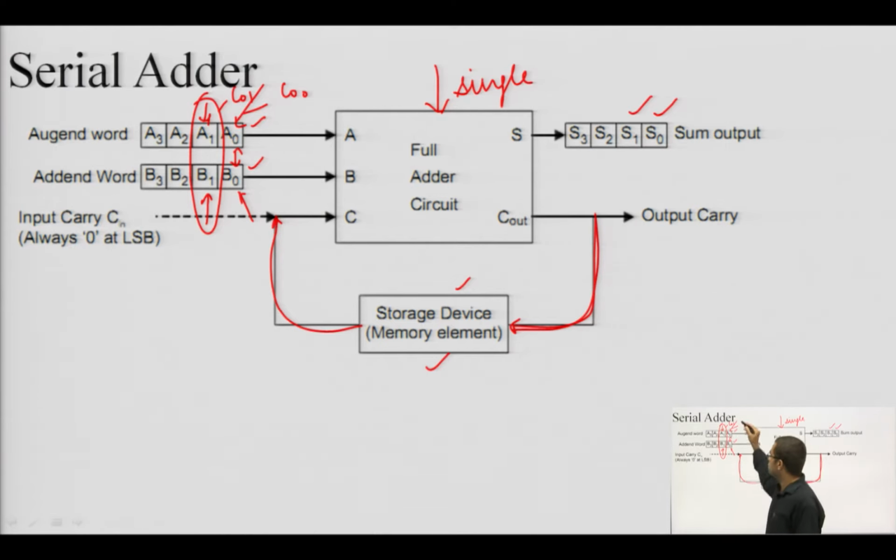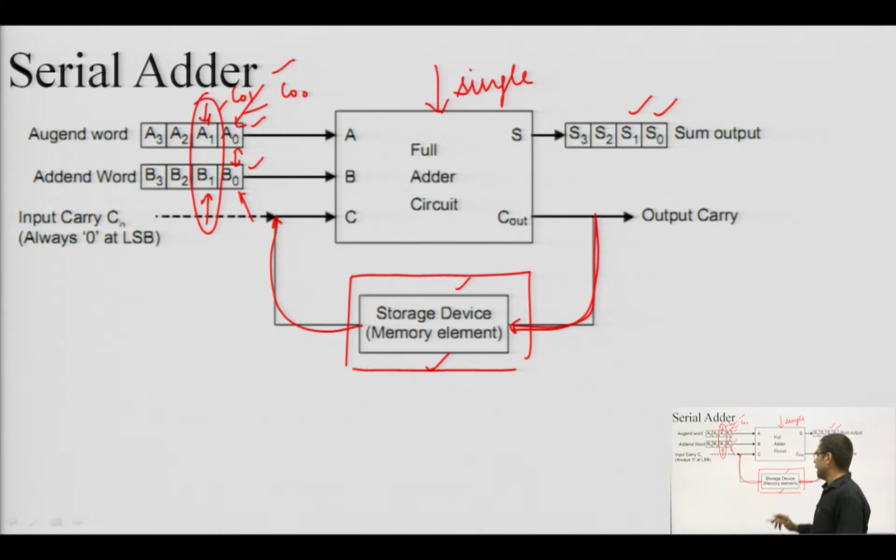Okay. So, in this way we can implement this 4 bit addition using a single full adder with the help of a serial adder, but there is a glitch here. We are using a memory device, and in the first lecture of our unit 2 we made a claim that combinational circuits are memoryless. So, we have implemented that using this memory. So, in the real sense this cannot be considered a combinational circuit, because we are using the concept of memory. Okay. So, that is why the serial adder concept is not practically used, and we always use parallel adders in our day to day practical circuits and scenarios.